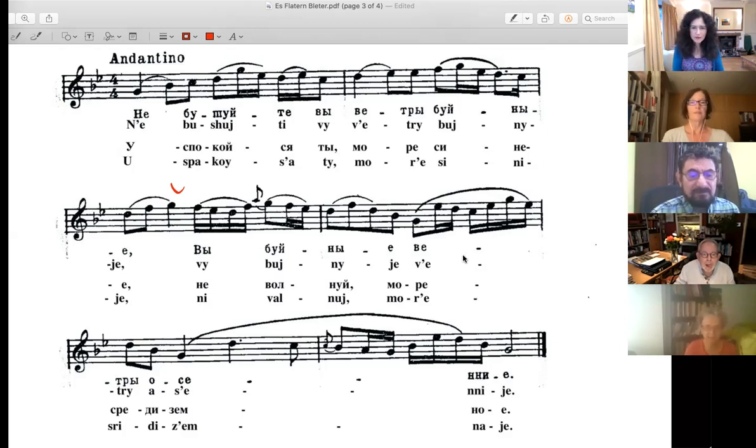Не волнуй together and не волнуй море. And then we have